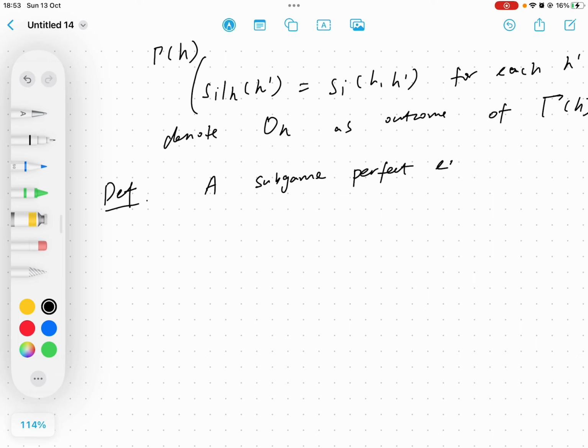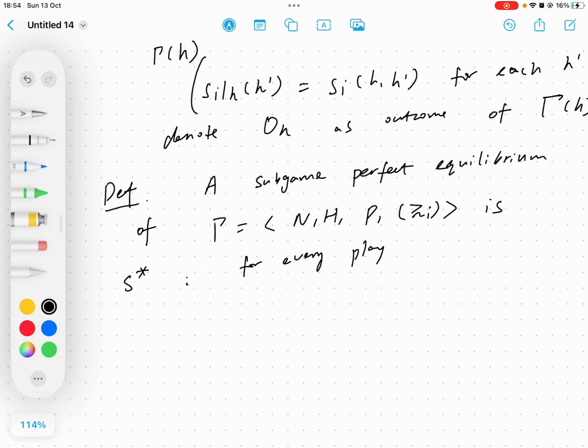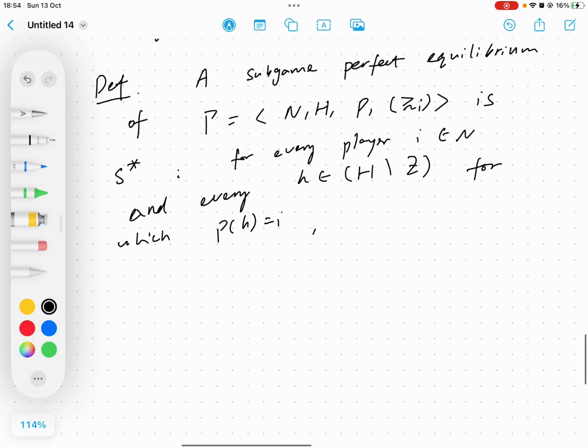Subgame perfect equilibrium of an extensive game with perfect information, gamma, and preference, is a strategy profile S star such that for every player I and every history H, which is not terminal, for which player I is going to move, we have